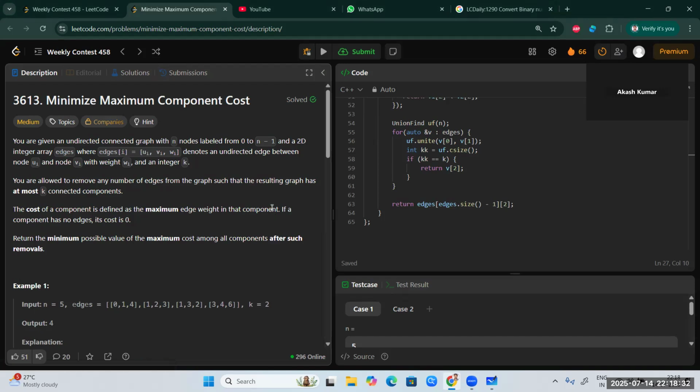The question says you are given an undirected connected graph. The nodes are numbered from 0 to n minus 1, and the edges are given with weights. You are allowed to remove any number of edges from the graph such that the resulting graph has at